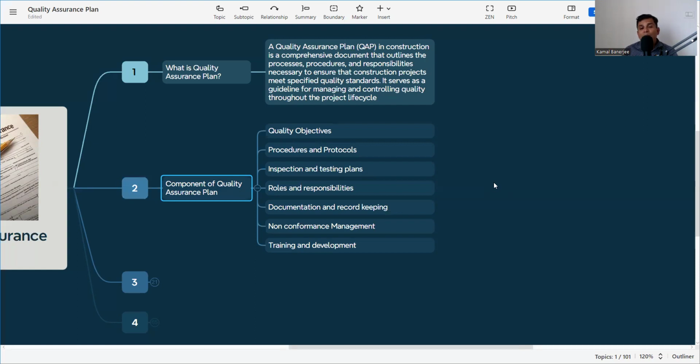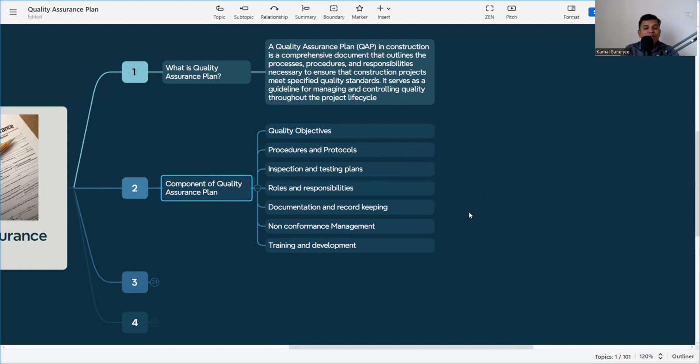Now, as a simple example in construction, suppose we need to perform concreting work. Concreting work is the end product, or we need to prepare the quality assurance plan for the concrete product. Then what will be the procedure? First prepare the mix design, selection of the RMC supplier, then mixing of the concrete, then transporting, then placing, then compaction or consolidation, then curing, then quality testing, and then compressive strength, then flexural strength. So these are the things involved in the process. So we need to know what procedure or protocols are to be followed in the project.